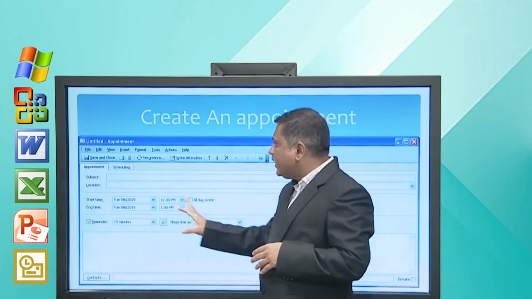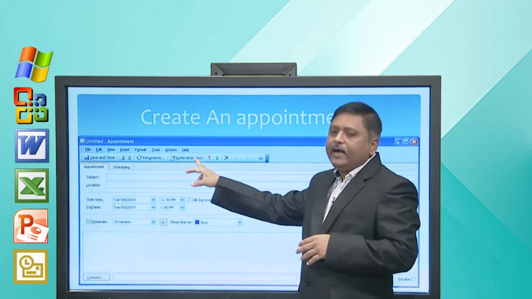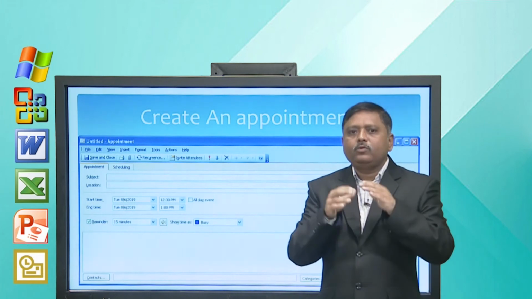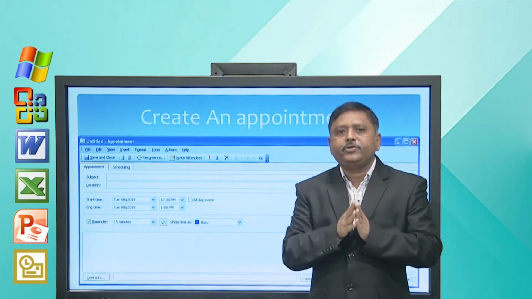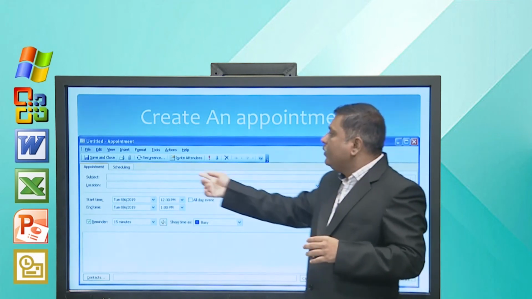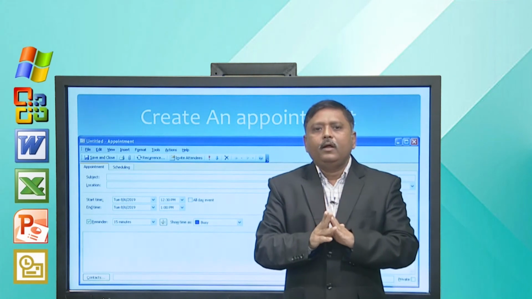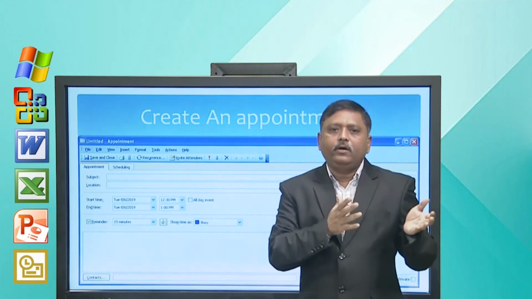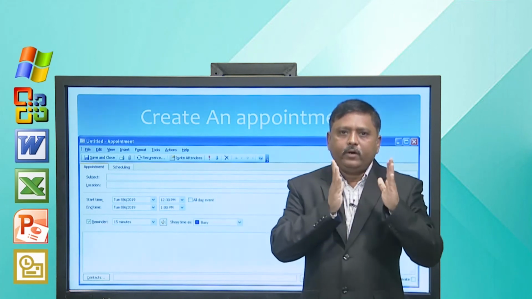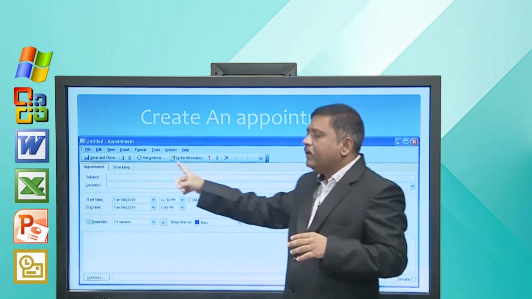Now, once that appointment is ready, you can invite attendees. When you press Invite Attendees, you have to specify the email address to which you want to inform about this appointment and you can also specify recurrence. For example, the general meeting of a particular company held every 3 months on a particular day, then that you can specify in recurrence.